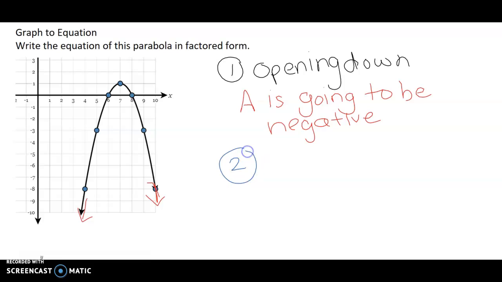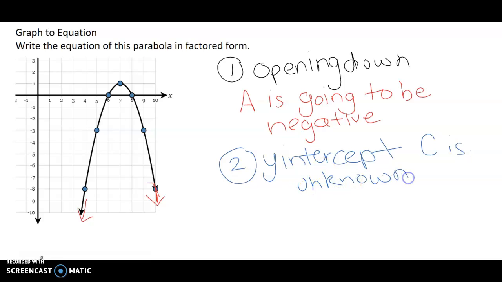Two, I would normally try to see what my y-intercept is, but for this one we cannot see it, so we cannot write our y-intercept. So c is unknown based on the graph. Again, this is just to get a general idea of how to look at a graph, how to write the equation. So the third step, I think the most important one,